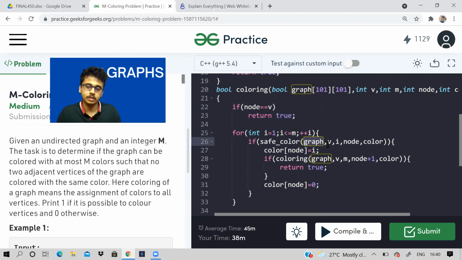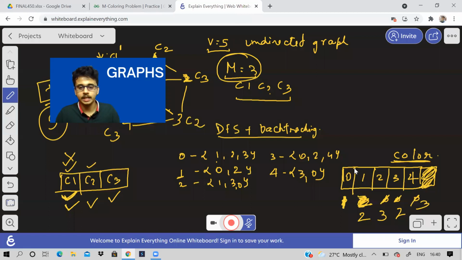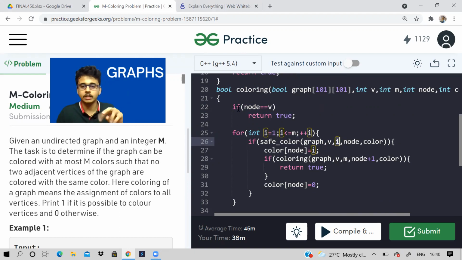Graph, v is the number of vertices, i is the color number. I was saying here, now we are coloring 0 with color 1. We're coloring vertex 1 with color 2, like that. So the number of the color, and node is the current node that I'm going to color, and color is the color array.